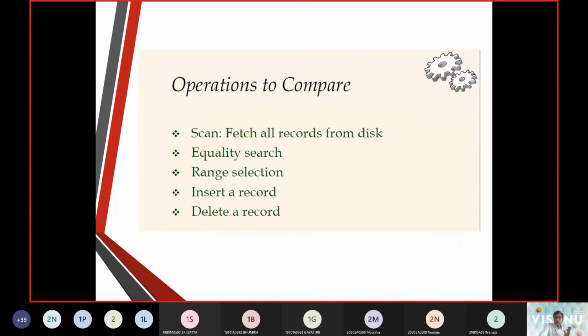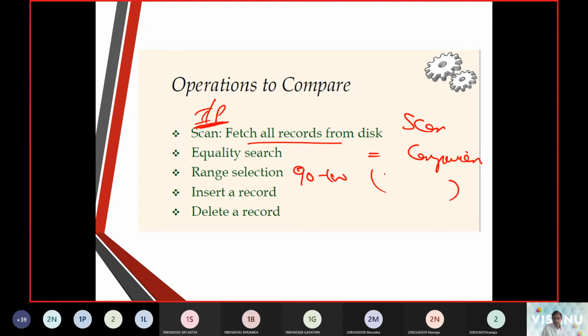And how many ways do you need to compare? One way was to take the input operation, that is fetching all the records in the data. We call this a scan. Second, we are going to make an equality comparison. Third, we are going to give a range, that is 90 to 100, meaning all the values from 91 to 100 are put in a range.